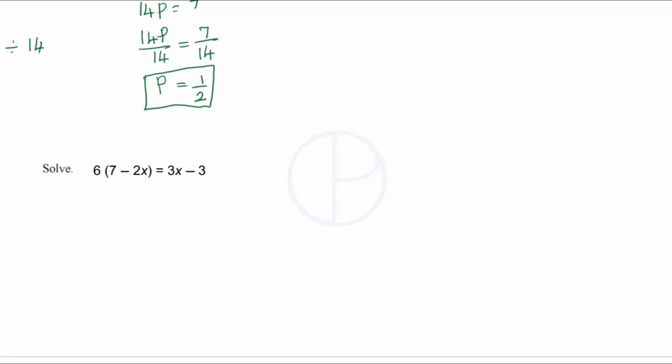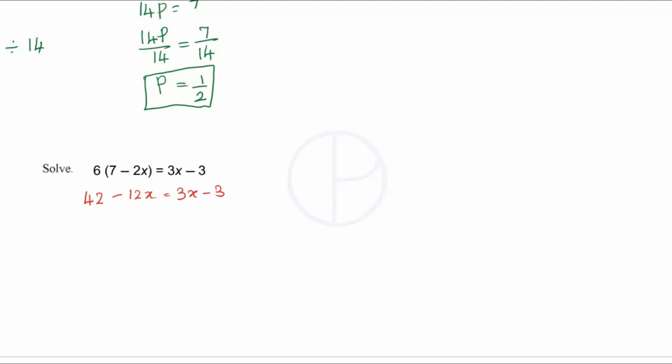Let's solve this question. First, let's expand this bracket. 6 times 7 is 42. Minus 6 times 2x is 12x equal to 3x minus